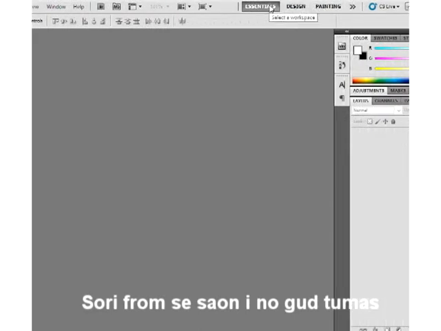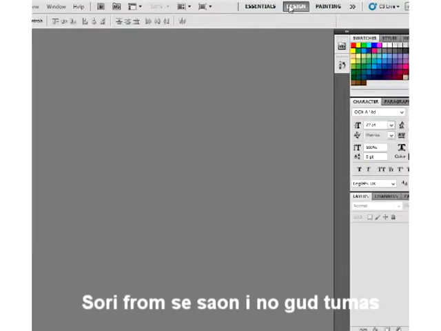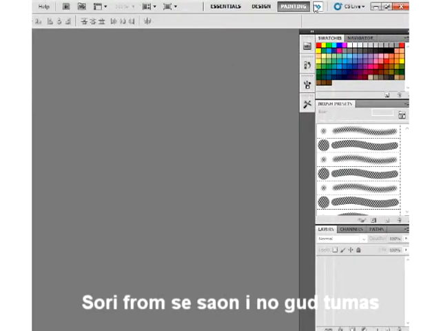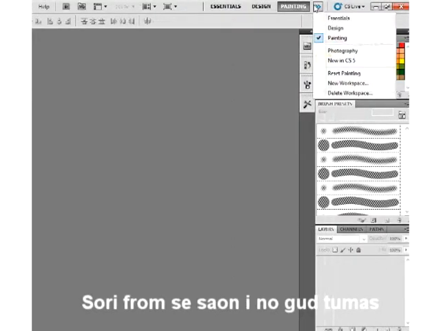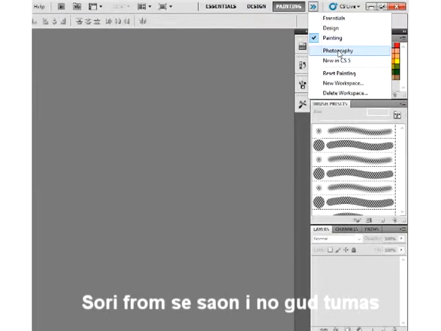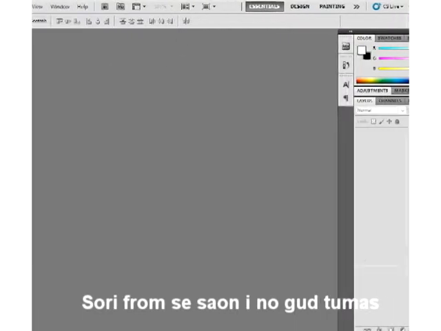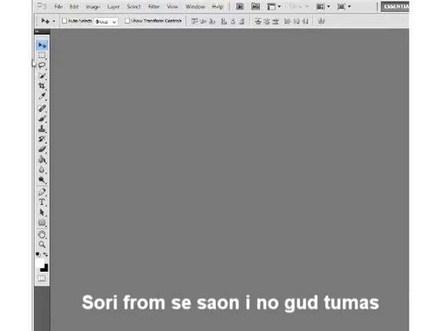Maybe the workspace starts too complicated, so make it stick to the essentials, with a design-intensive workspace. We switch to the design workspace, which is more essential. We know one painter, we know how to paint, we know how to draw. So I don't go there too much. Sometimes I work with photography, but for the purpose of this workspace, I use the most basic, essential one. Let's say I work with that.